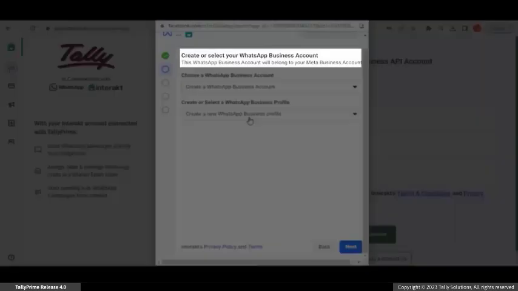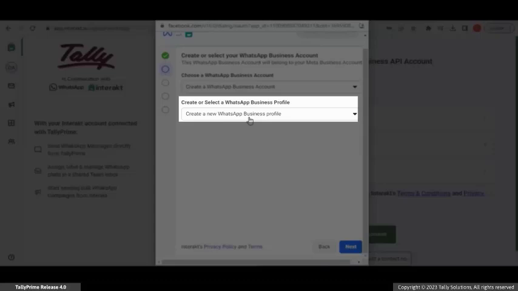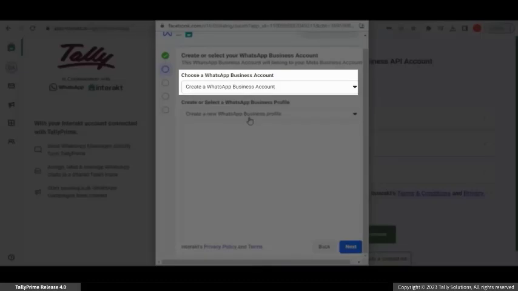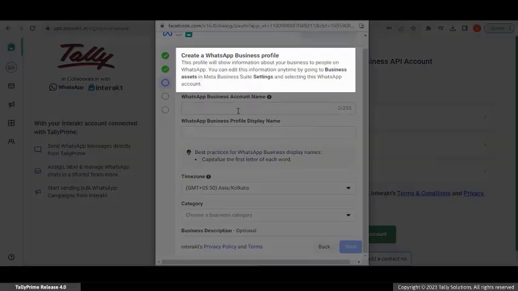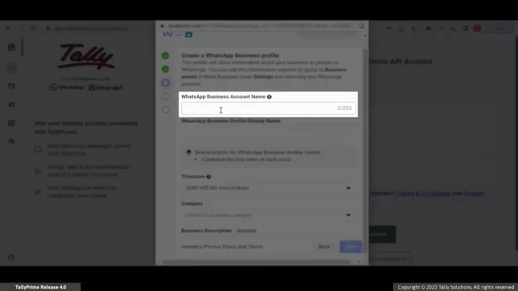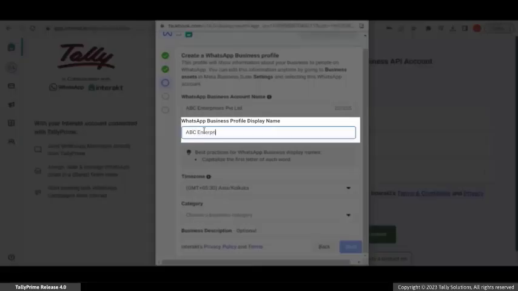The Create or Select Your WhatsApp Business account screen appears. You can choose to create a new WhatsApp Business API account or select an existing one and click Next. In the Create a WhatsApp Business Profile screen, enter an appropriate business account name. Next, enter a WhatsApp Business Profile display name.